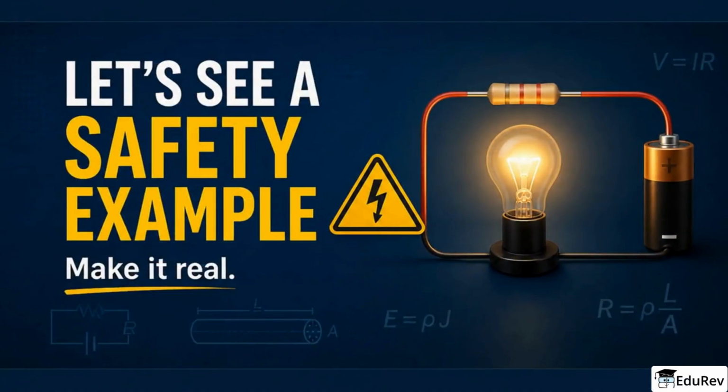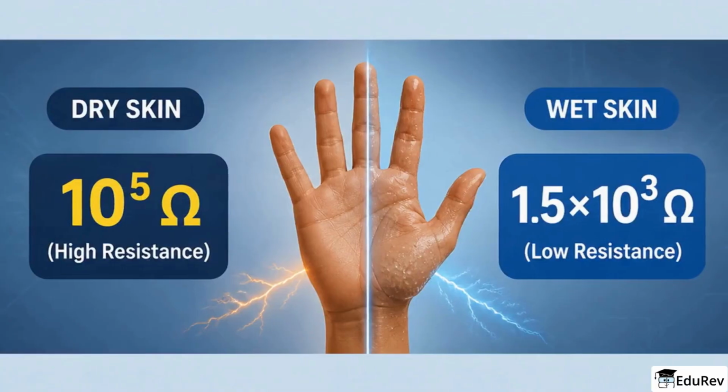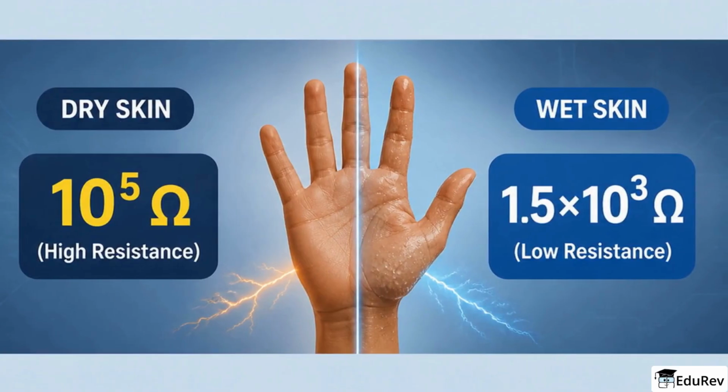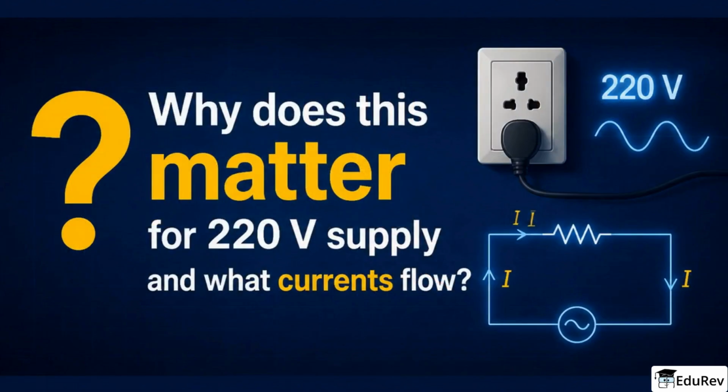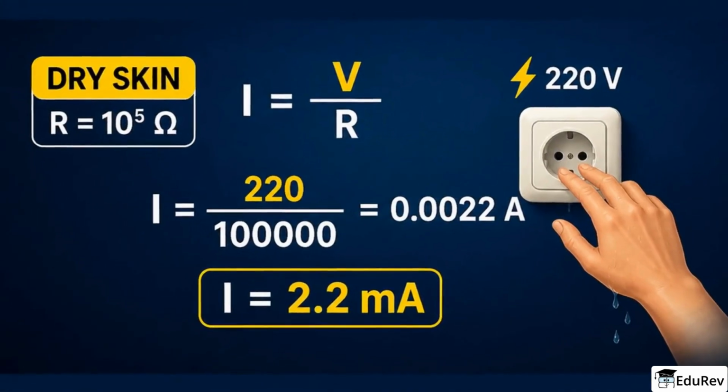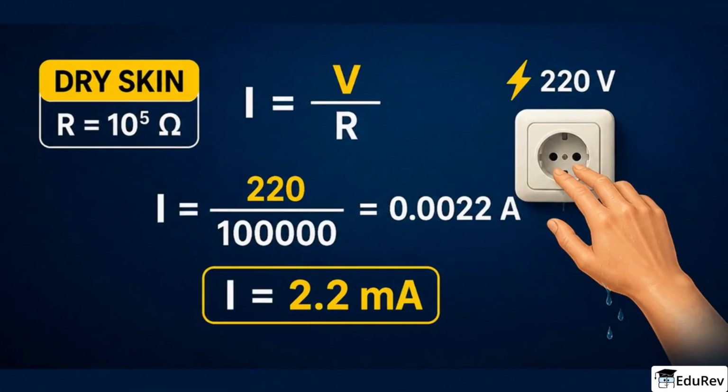Now a safety example to make this real. When the human skin is dry, its resistance can be 1 times 10 to the power 5 ohm. And when wet, it can be 1500 ohm. Question number 1 asks why this matters for a 220-volt supply and what currents flow. Calculate current for dry skin. I equals V divided by R. So 220 divided by 10000 gives